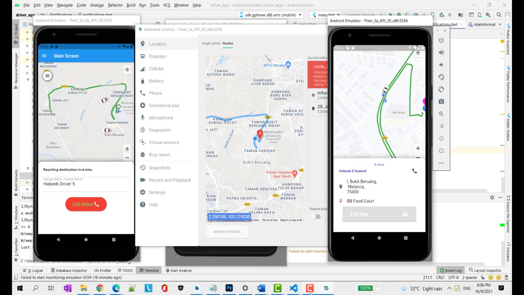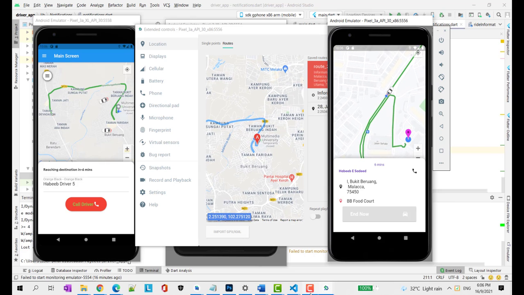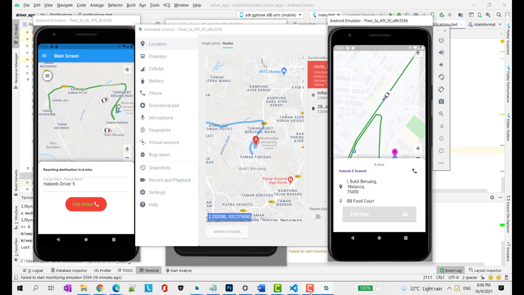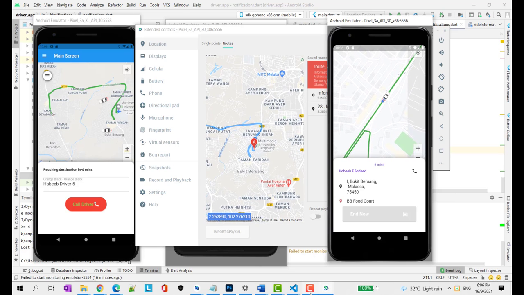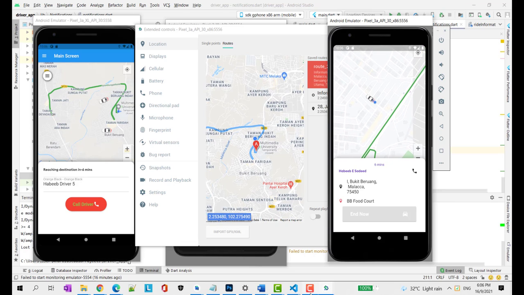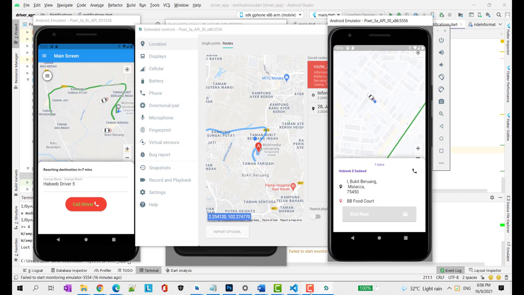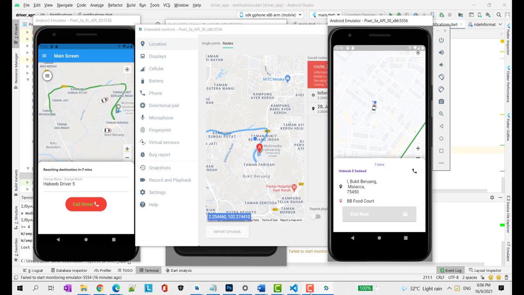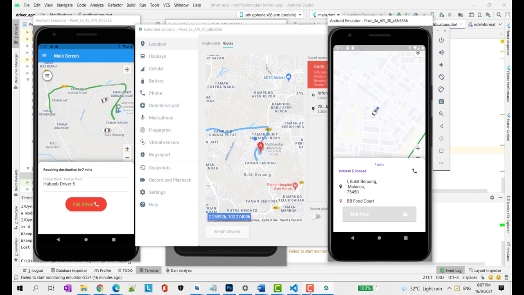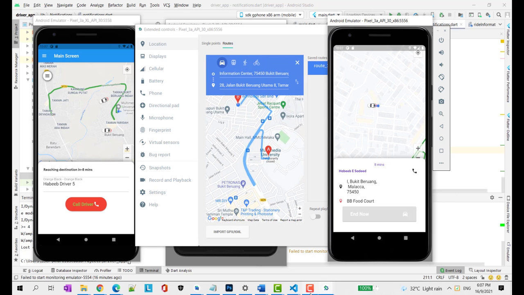Previously the car was following the shortest path route. It is not always necessary that it follows the polyline, but now it follows the polyline because this driver has first reached the rider, and now it is going to go to the destined position. So 7 minutes to the destination.